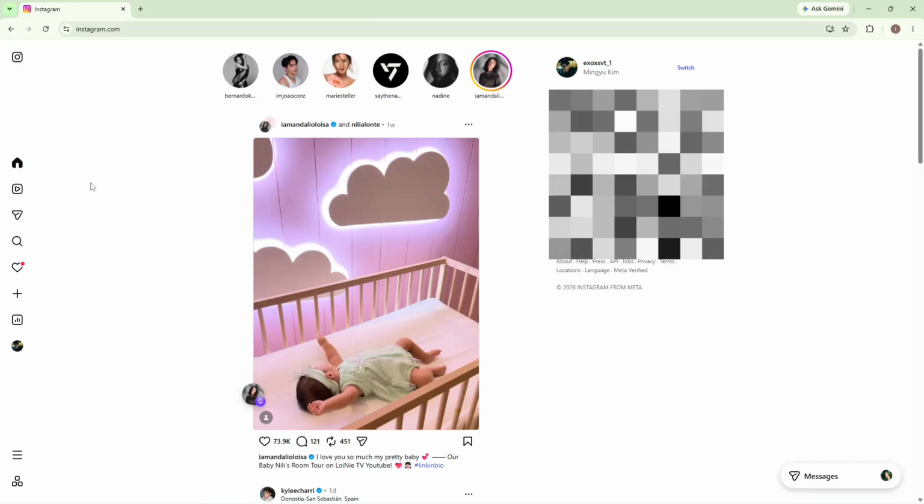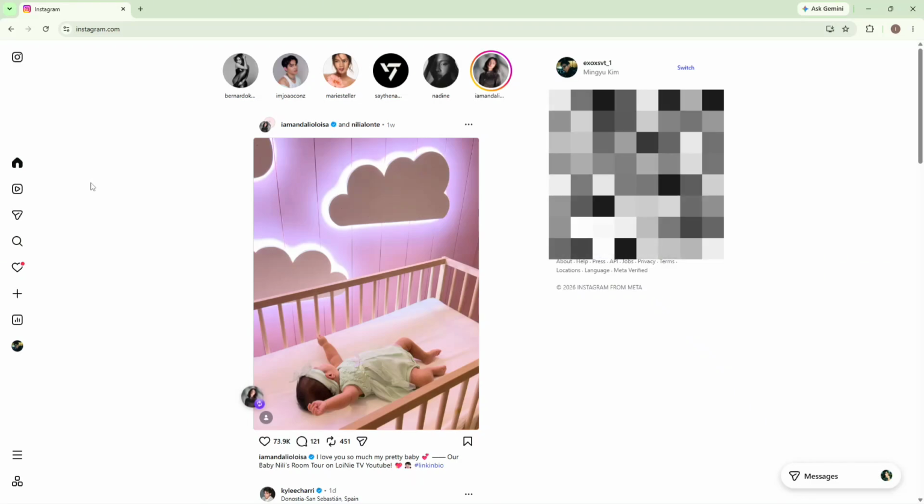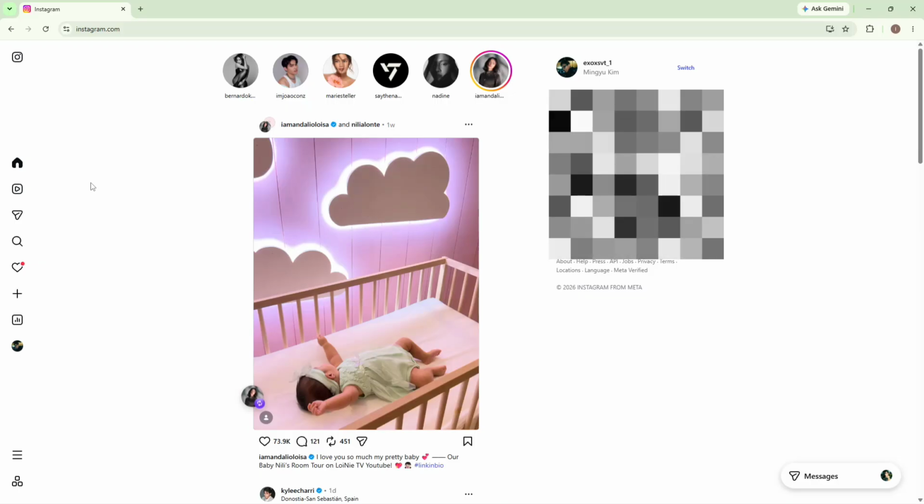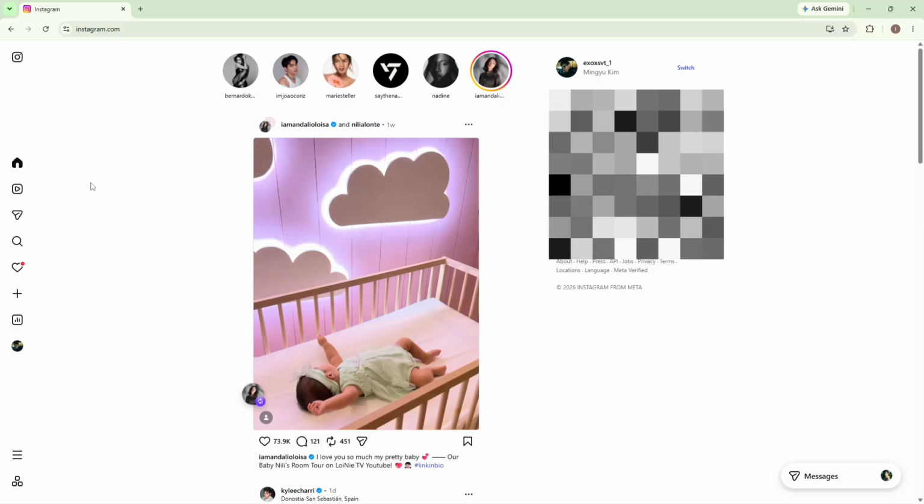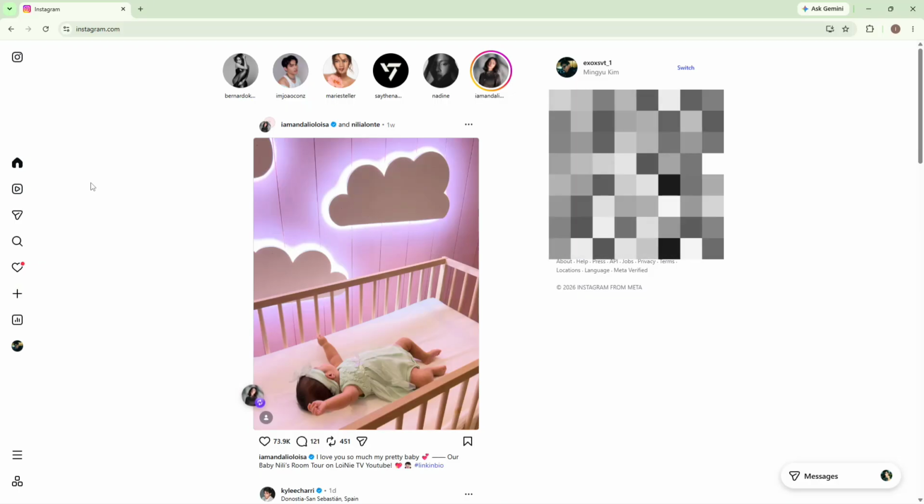How to add music to Instagram notes on laptop. Want to make your Instagram notes more fun? Here's how to add music to your notes using the Instagram